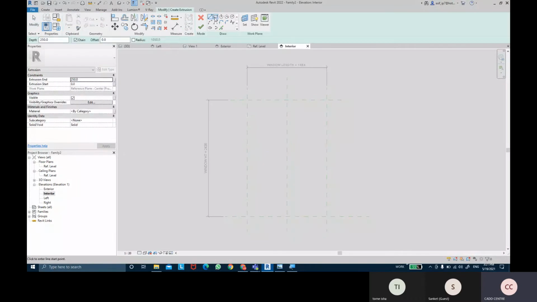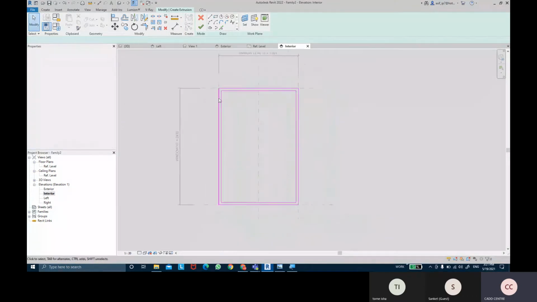So if I create a rectangular shape starting from this end to this end of this reference plane, make sure to lock these lines so that they move along with that reference plane. Okay. And once again, I'm going to create another rectangular shape at an offset distance of, suppose, 50 mm starting from that corner end. I'm going to hit the space bar to flip the direction inside to this end over here. Already the locks are there.